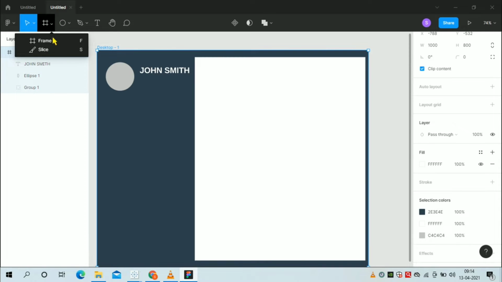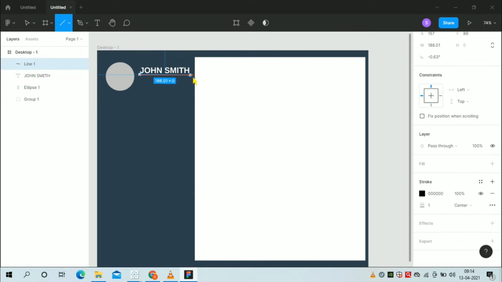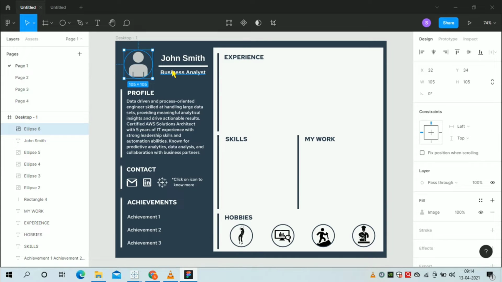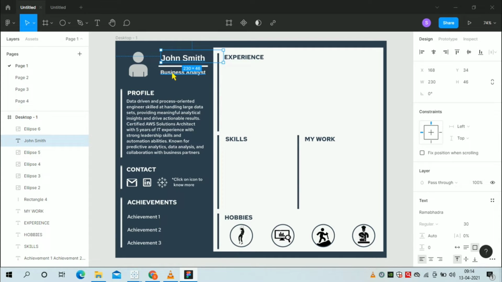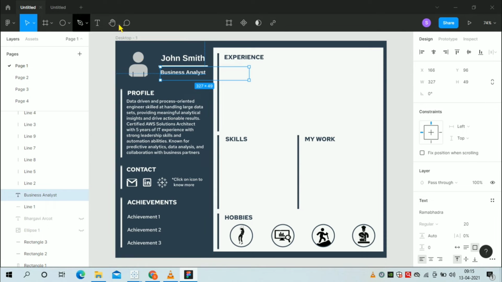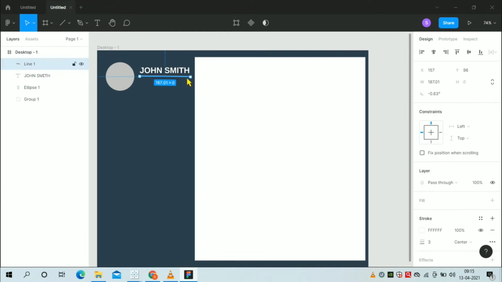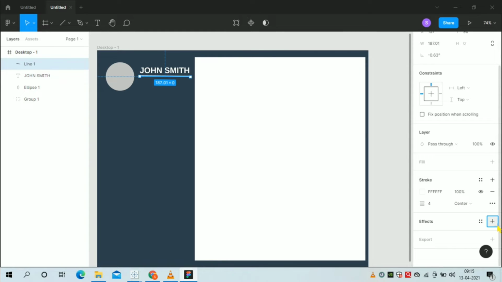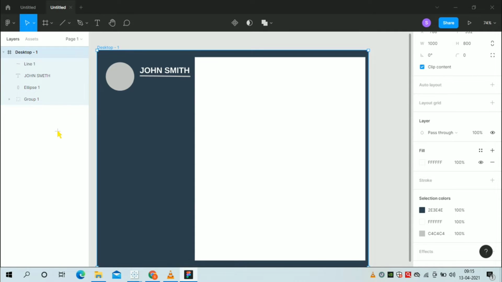Adjust it. Now we'll add the line to separate the job description and the name. So drag any line, give it a stroke of 3 or anything that you want. I am giving a stroke of 4. You can add effects also. You can add a drop shadow or inner shadow like that.